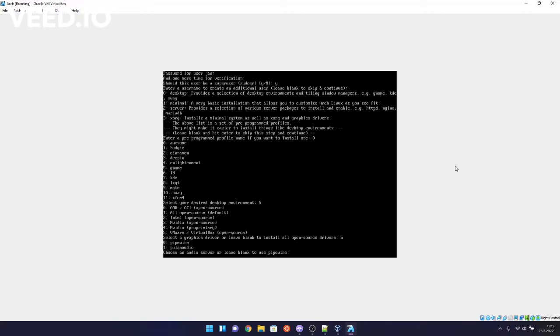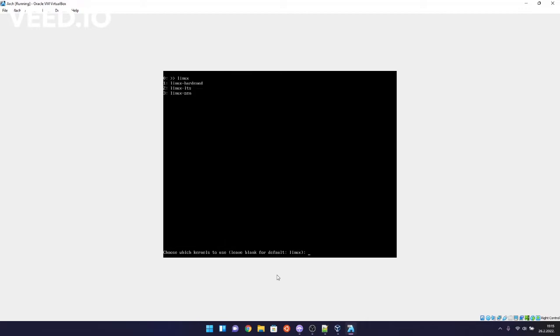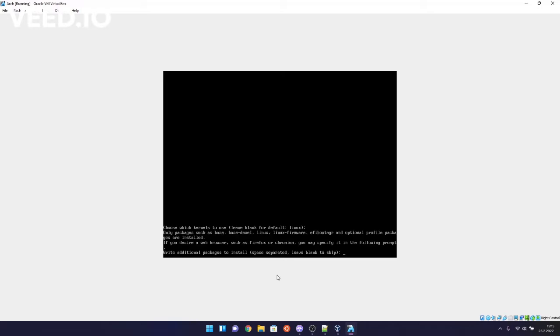The audio server, we'll be fine with Pipewire, so just press enter. The kernel, just leave this blank for Linux. We're fine with that. Now it will ask us for the additional packages. So if we want a web browser, of course, we just type in its name, such as Firefox and Chromium. So I'll do Chromium